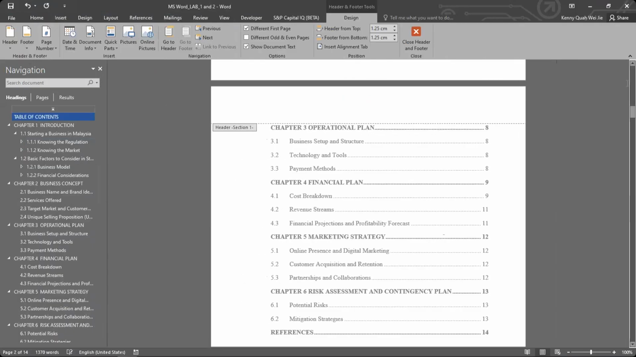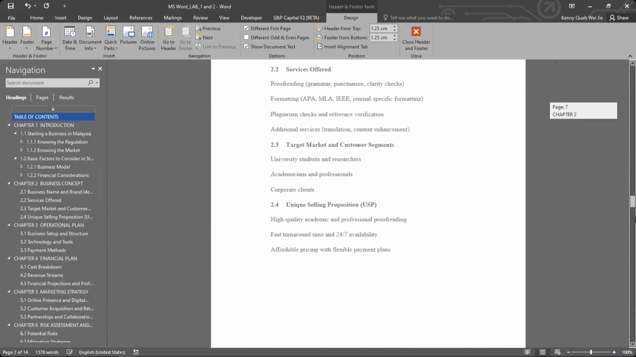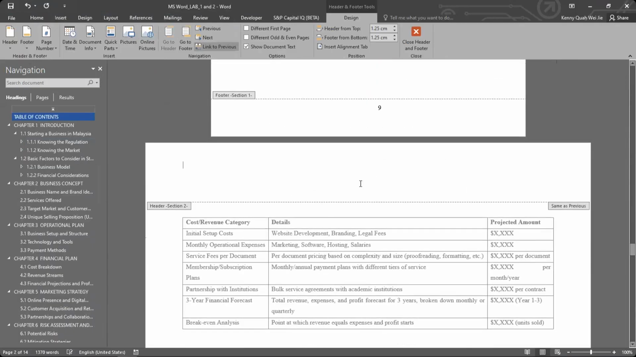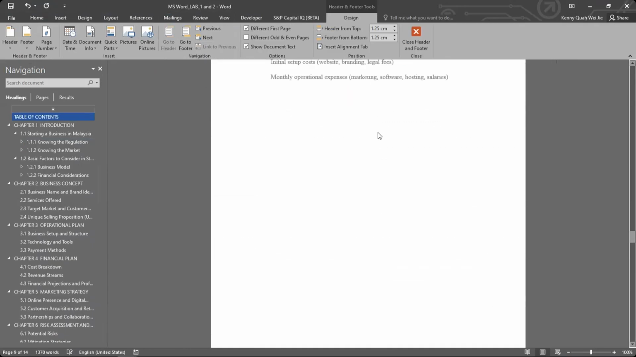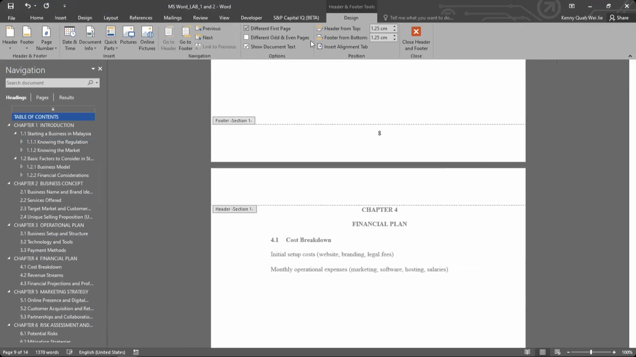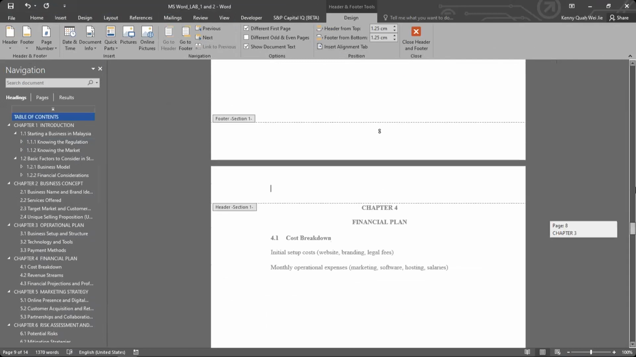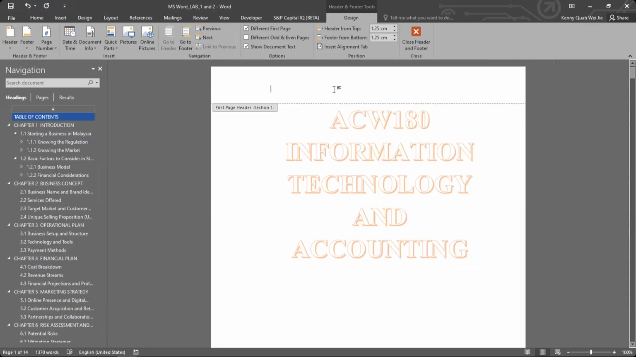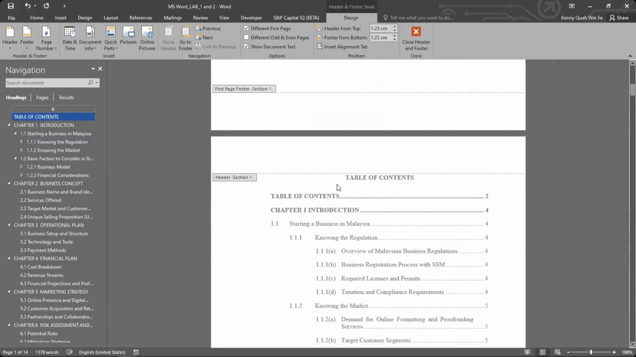Just close this one. We no longer need that one. You go down here. You can see each section. You can differentiate it as the first page. Okay. If over here, go back up here, you already have a differentiate first page, which you already set over here in this section. So